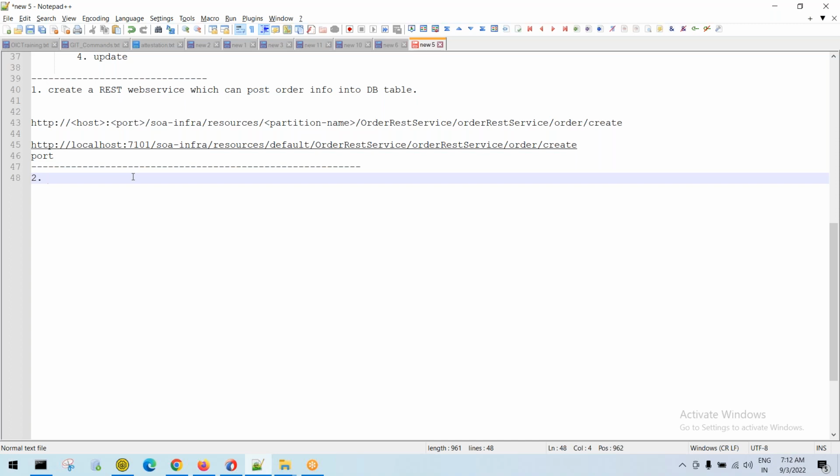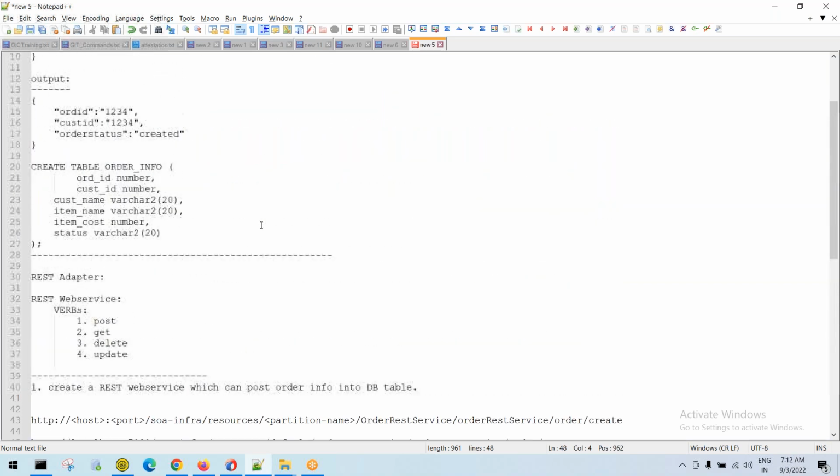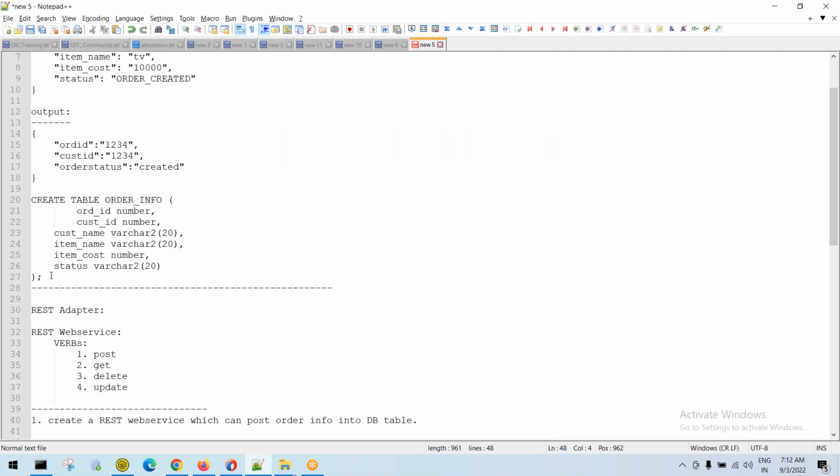Okay, so what I want to do is, in the last example, we created the order. Correct, we created an order by using a REST service with post verb. We are creating the orders in this table, the order info table. Now what I want to do,